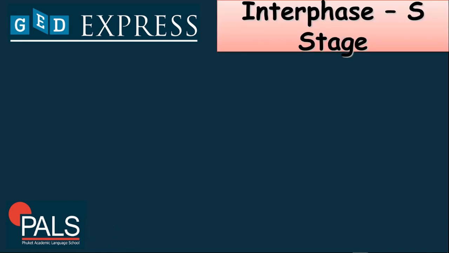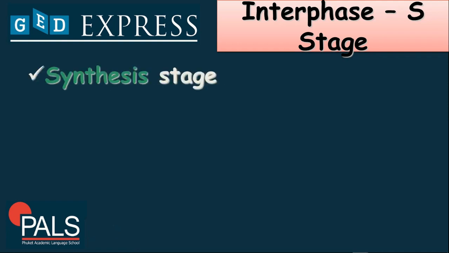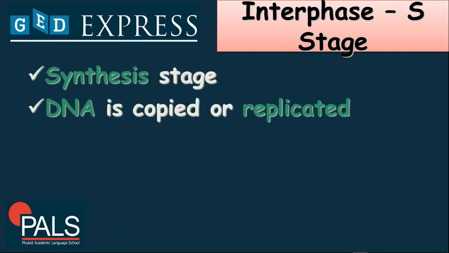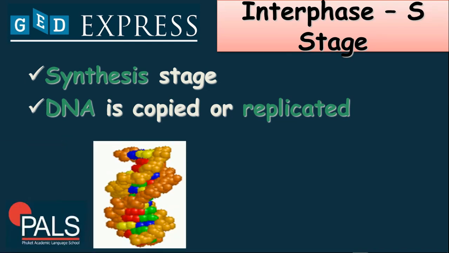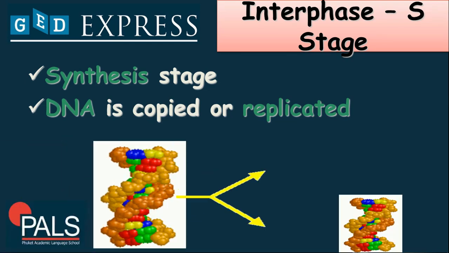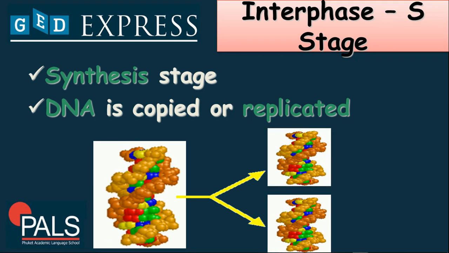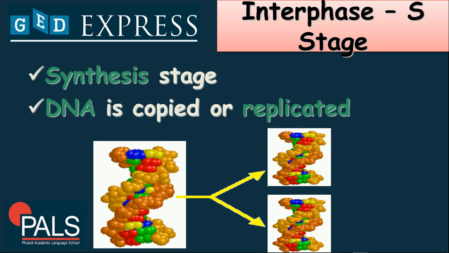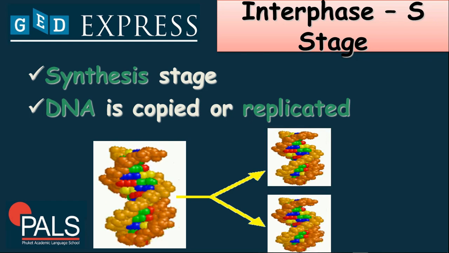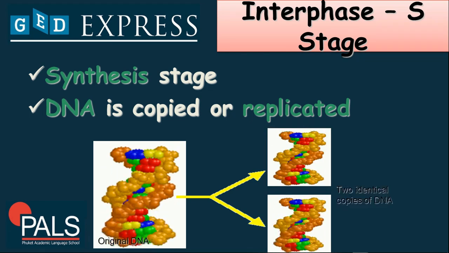For the interphase under S or synthesis stage, which is the second stage of interphase, like what I've said, it's all about synthesis, and the DNA is copied or replicated. So this specific DNA will be replicated, like 2 copies of it, or more than 2. Now, after that,